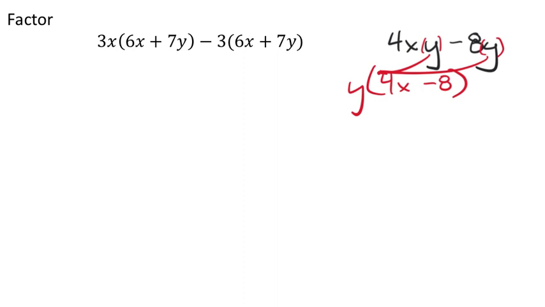Okay, how can we factor it out? Because this is a factor right here, and so is this one. Factors are values that are being multiplied together. So this is a factor of 3x. This is a factor of negative 3. So what I'm going to do,